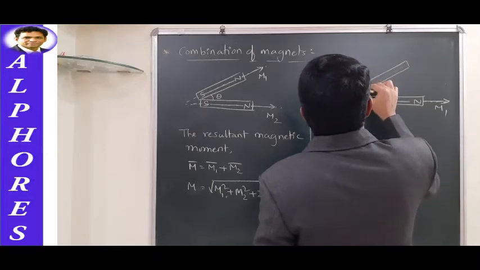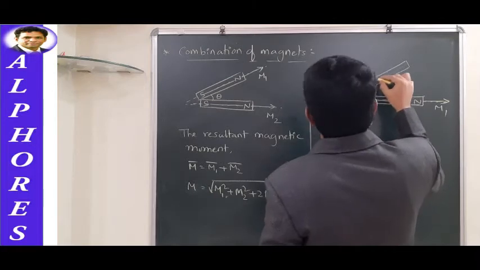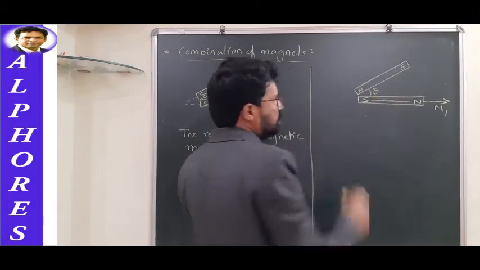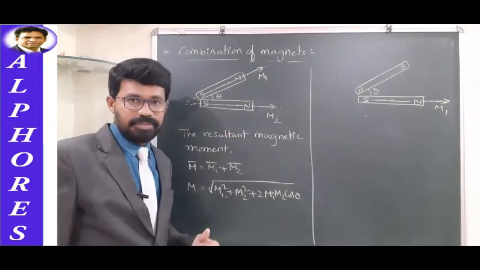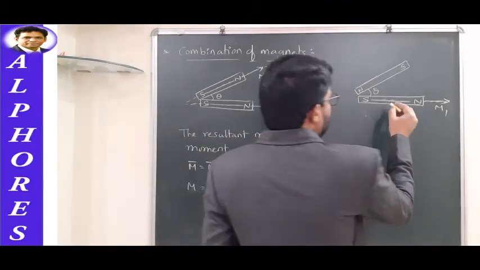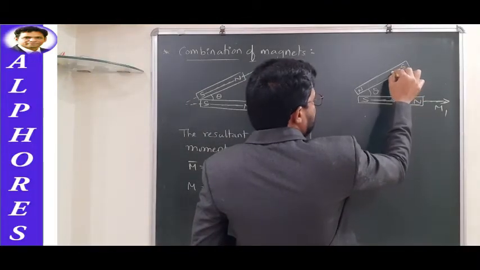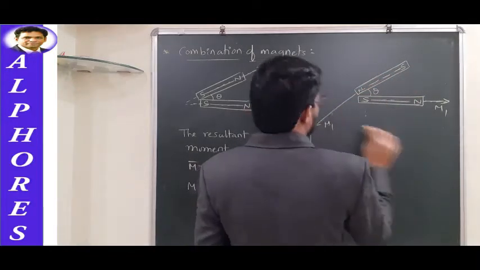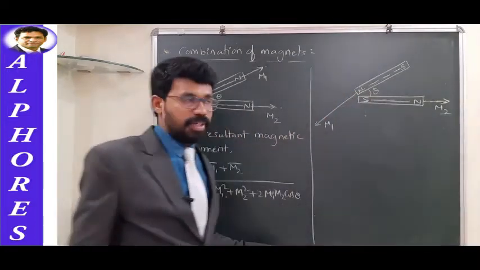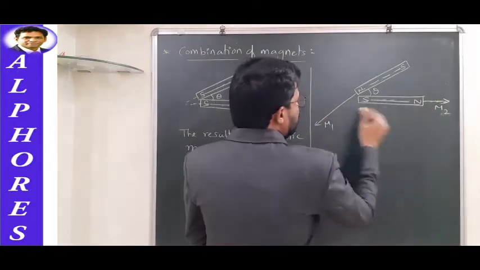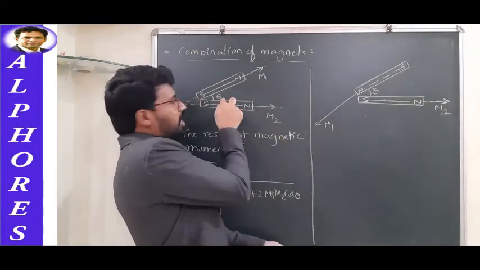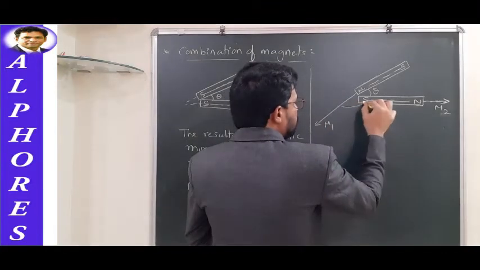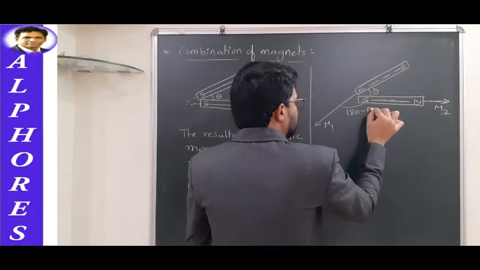The angle between the magnets is not changed; it is still intact. But the angle between the magnetic moments will change. The angle between the magnets is theta here, and it is theta in the earlier case too. But the magnetic moment of this magnet, which was earlier taken as M2, now has its direction like this. Earlier the angle between M1 and M2 was equal to the angle between the magnets. Now the angle between the magnets is theta, but the angle between M1 and M2 is 180 minus theta.